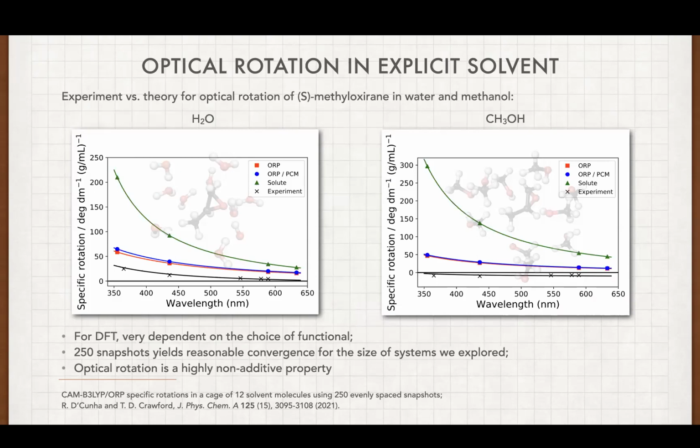However, when you consider the same system in methanol, there's a sign change in methanol relative to water that we cannot yet reproduce. And so a great deal more work is needed there. And some of that is related to deficiencies in the density functional choices. So we'd like to go larger, and we'd like to be able to do coupled cluster on these, and that's part of the motivation of this work.